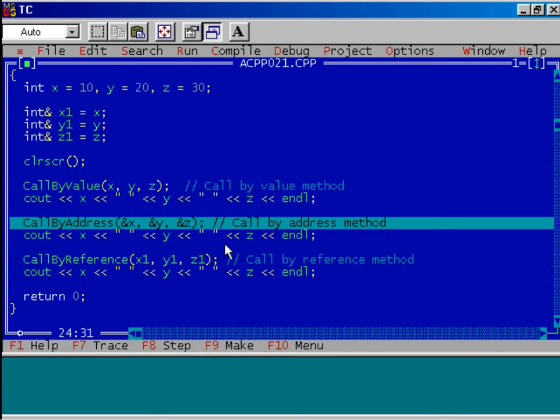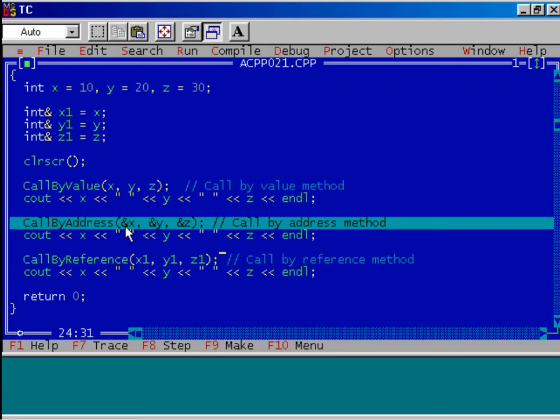Well, now we are calling the second function, namely call by address. So we are using which method? Call by address method. Remember that it is the most difficult and complicated method too. Here we are passing the address of x, address of y, and address of z, and that is why we have used the ampersand operator over here.